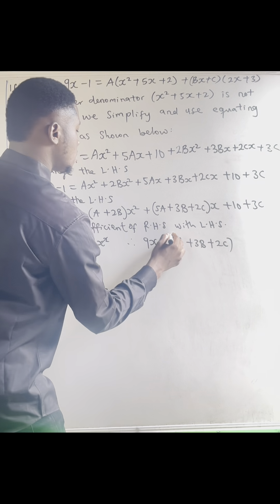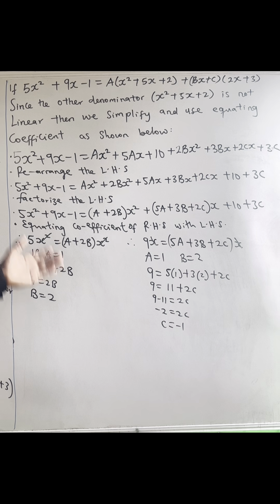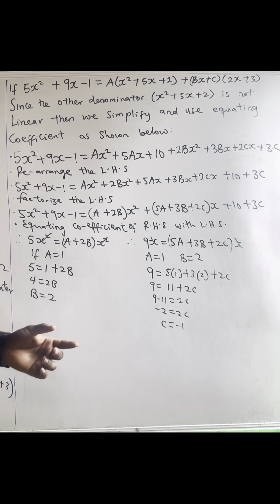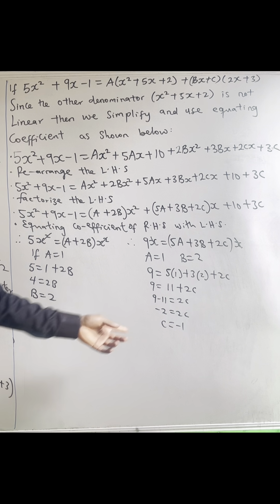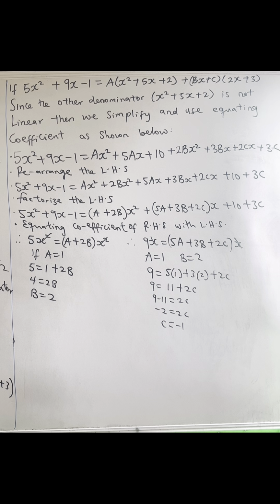So you see that expanding coefficients is very simple. So this simply means that my a is 1, b is 2, and c is what? Minus 1. So therefore, I will say that the final answer, initially from the beginning of the question, our single fraction 5x squared plus 9x minus 1 over 2x plus 3